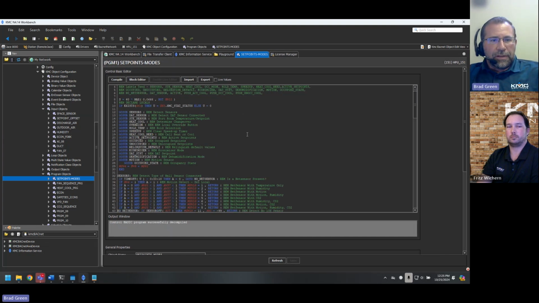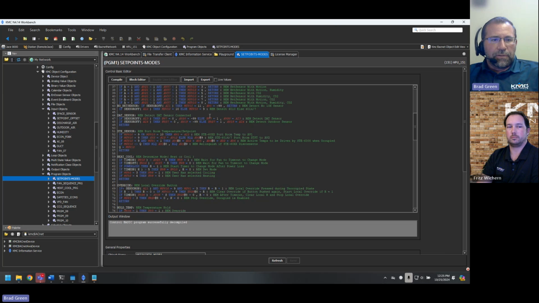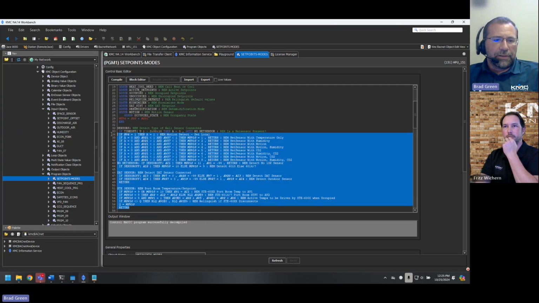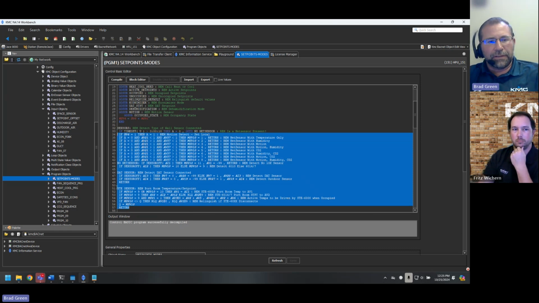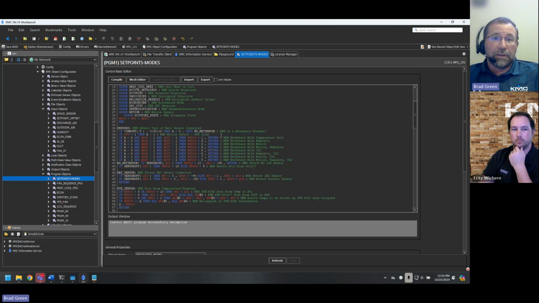And for the program objects ones, if I go look at set points and modes, so we can see all the data there, and notice now it's colored. We have the line numbers over on the left. So if you're highlighting, this is partitioned off, so you're not going to select those line numbers. Especially in the Conquest controllers, there are in some legacy BACnet devices, the line number is actually part of the code. It's not like part of the side here.